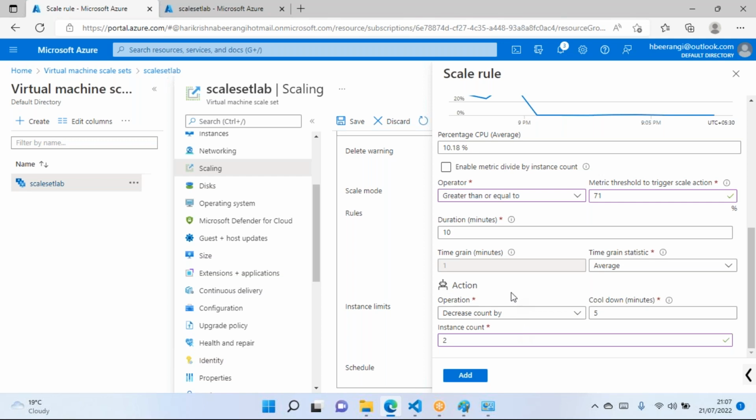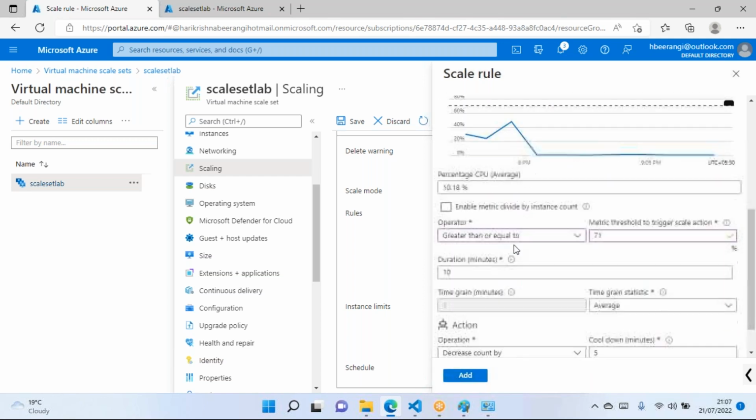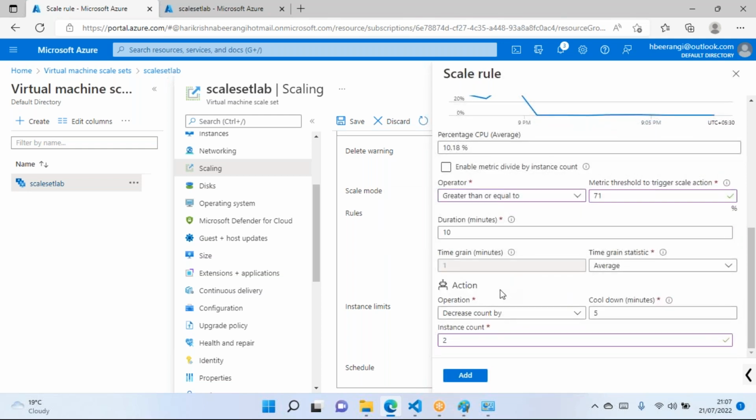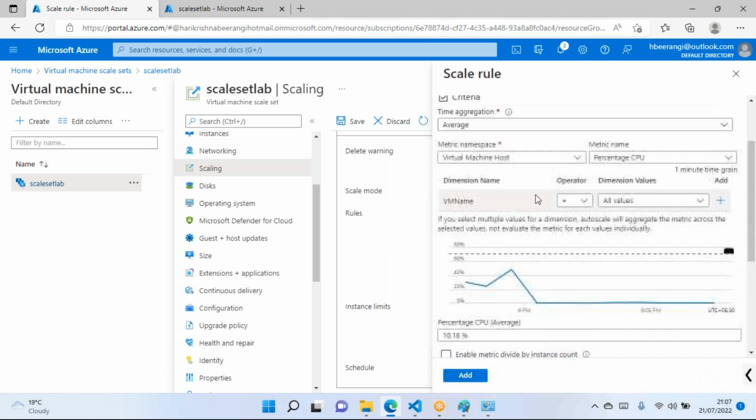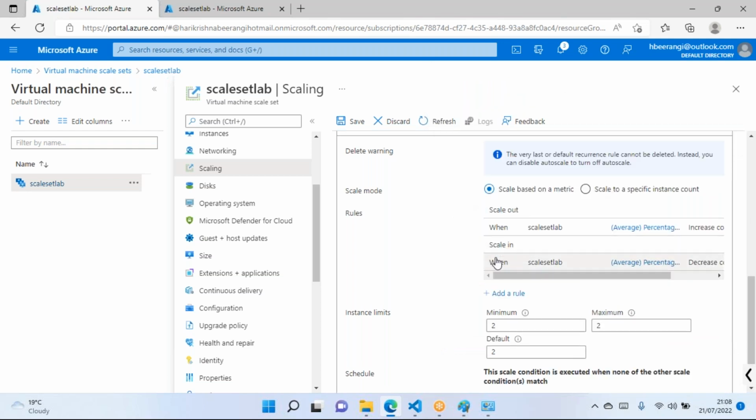It means whatever capacity I have increased as part of the scale out rule, I am decreasing using the scale in rule. Okay, add it. I'm doing this one in reverse too.